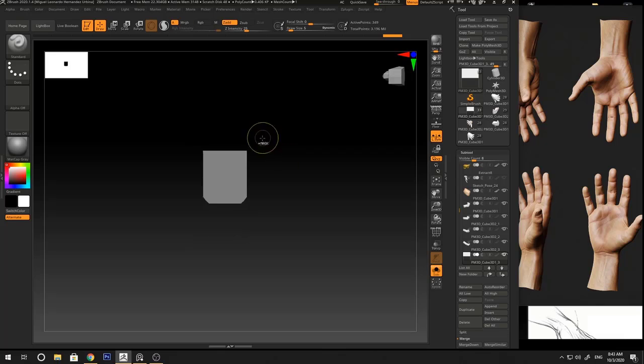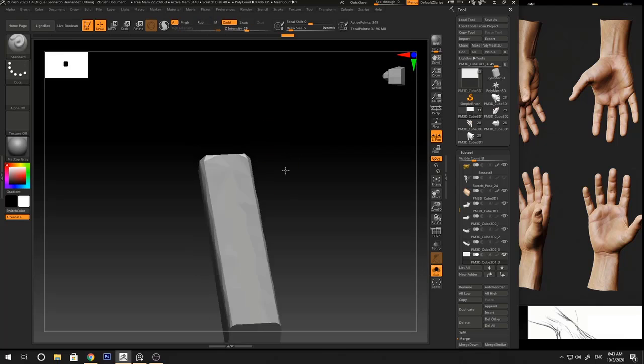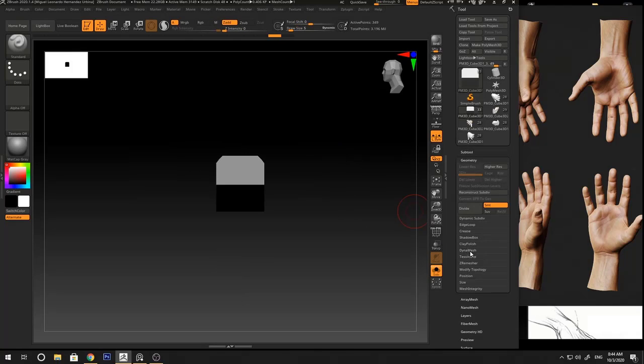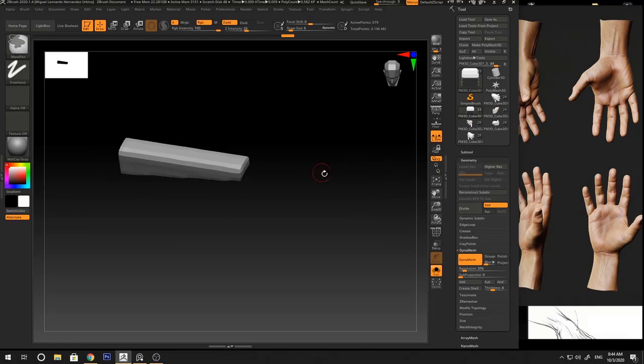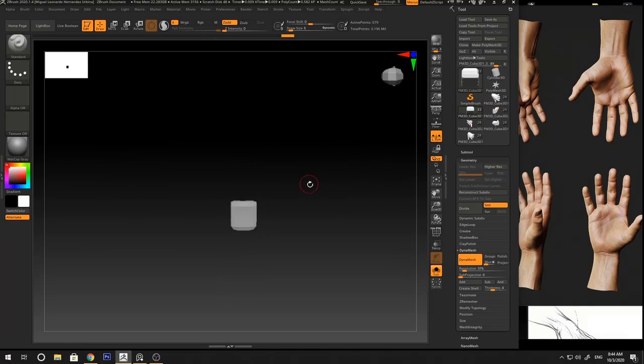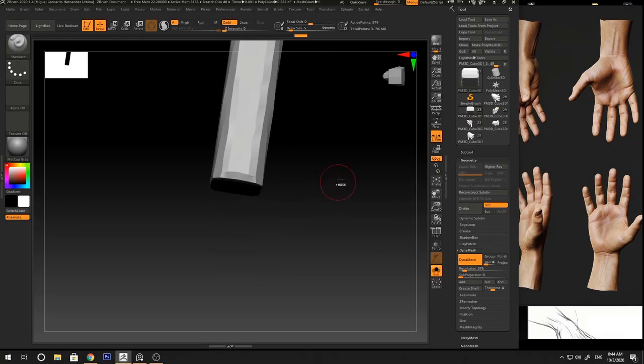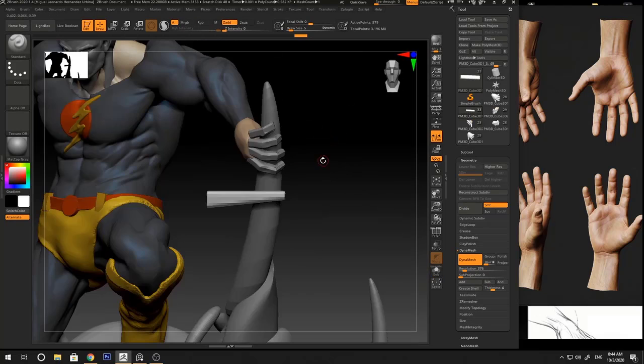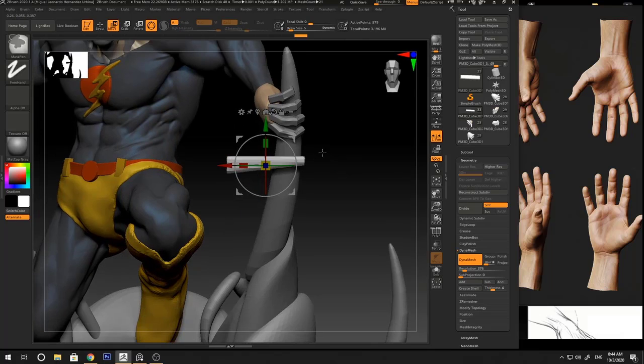And here I want to try to make a cut again as well. At this point, let me add a little bit of resolution here. Turn on the symmetry. Yeah, I want these shapes here. Okay, this is my finger shape, the basic finger shape,